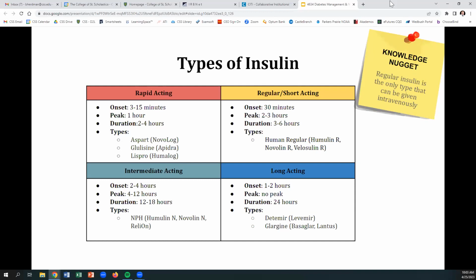So basically, if you mix those two together, you're kind of pulling the best of both worlds. You're affecting the onset, peak, and duration